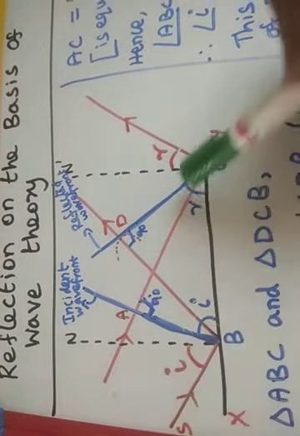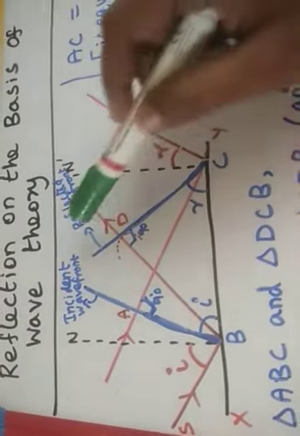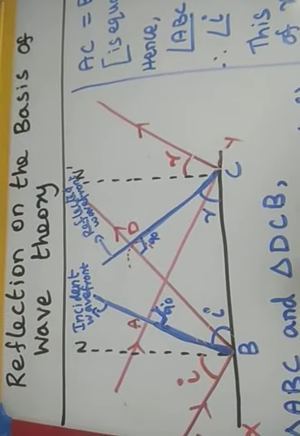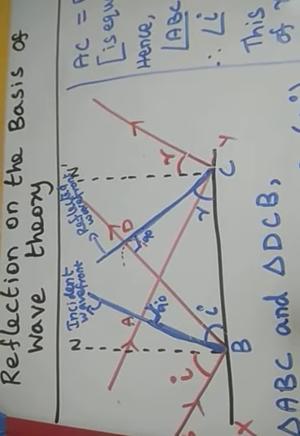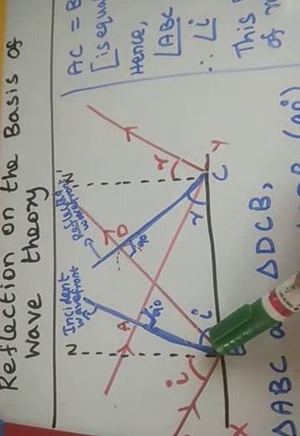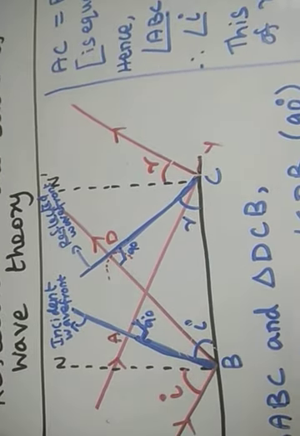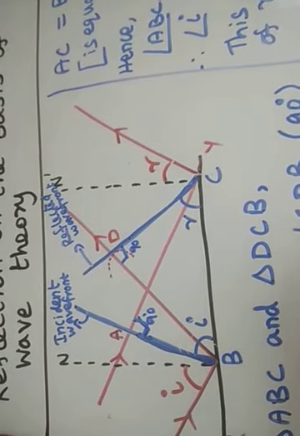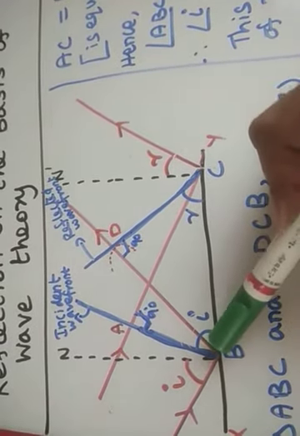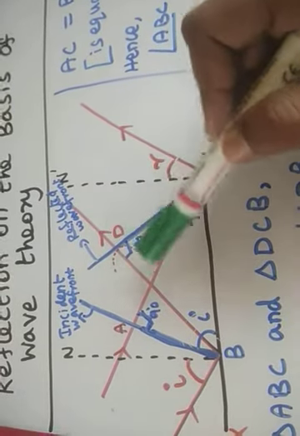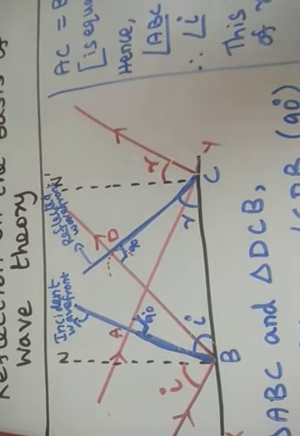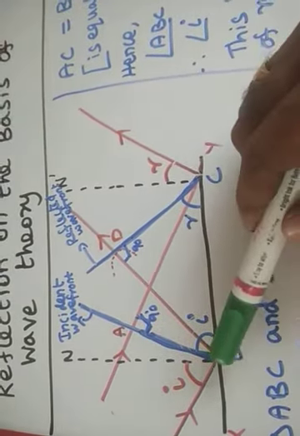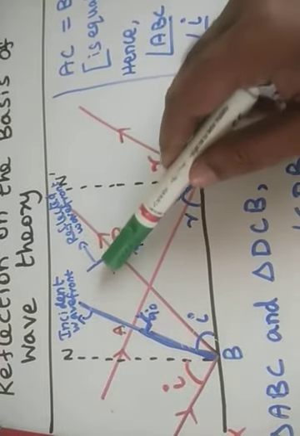The red color line is ray optics. This blue color line is wave optics, that is the wave front. This is the incident wave front. This is the reflected wave front. So we draw a small arc for the distance traveled. What is the velocity of light? C. So it takes a certain time to cover the distance. The distance between B and D is taken as C into T. Velocity is equal to distance by time, so distance is equal to velocity into time. The distance covered in that particular time is BD. So this is the arc we drew.